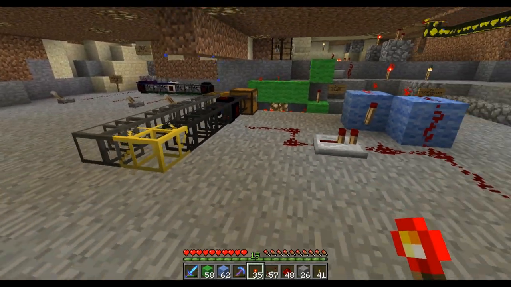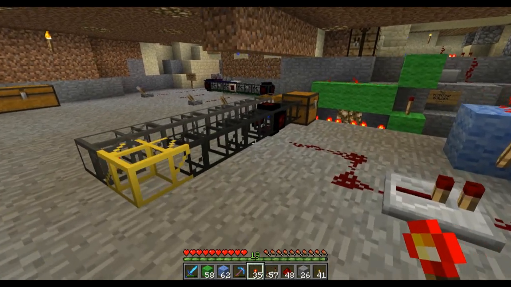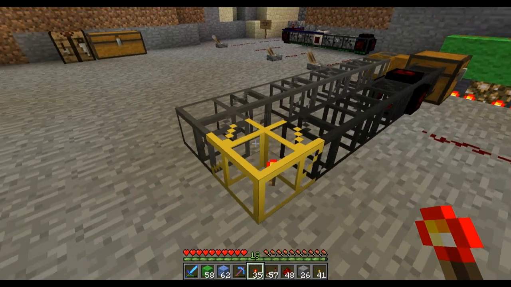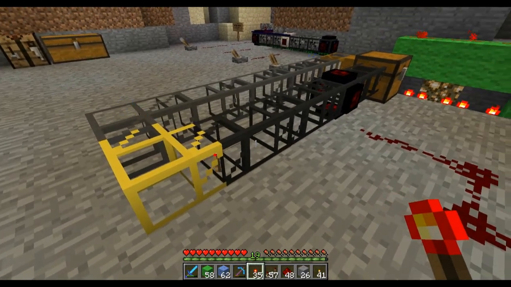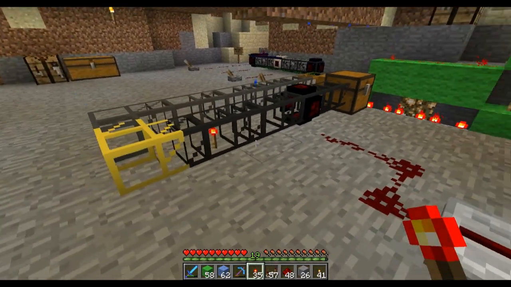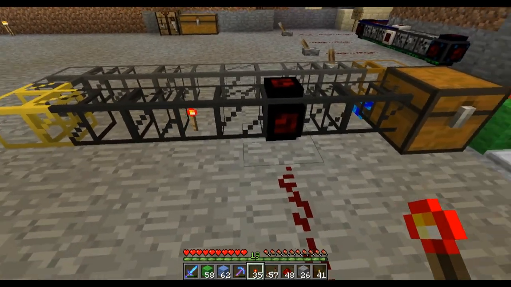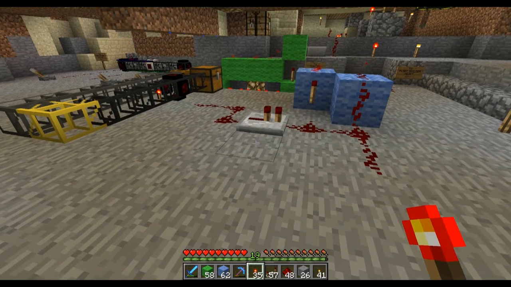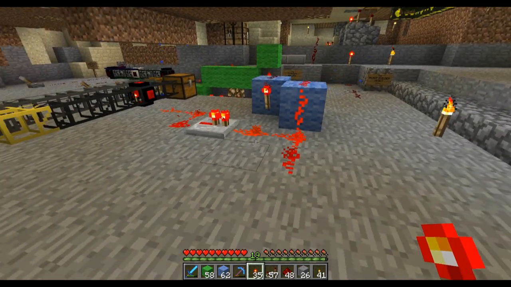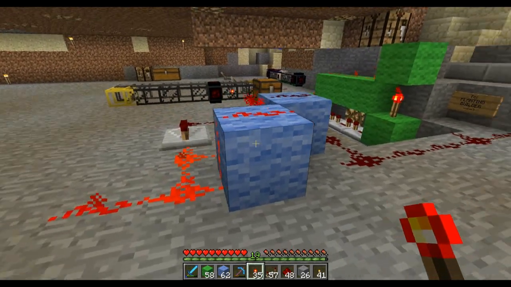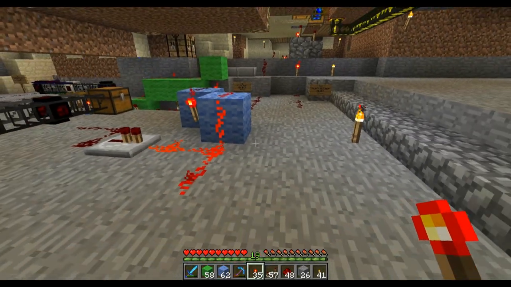Actually, I would say if you want to build any of these timers, they're pretty small for what they do, and they work pretty well. And items essentially never despawn out of these things. I think they can bug out eventually, so I don't know if I'm ever going to run into that problem. We'll see. If so, I'll have to add an ERD circuit to this. But this should switch the RS NOR latch. And there you go. Totally switched. Cool. Yep, there it is. And then it's back and ready for action again.